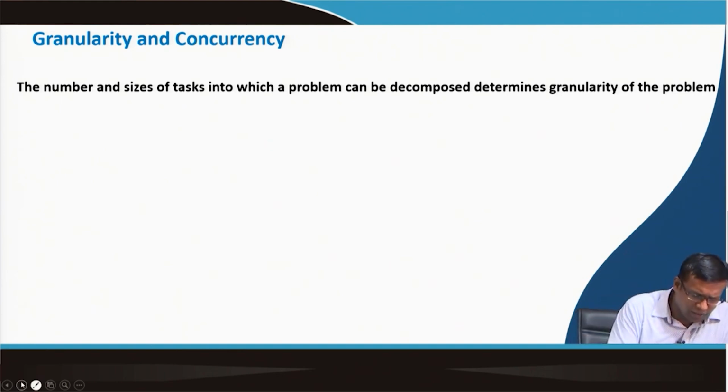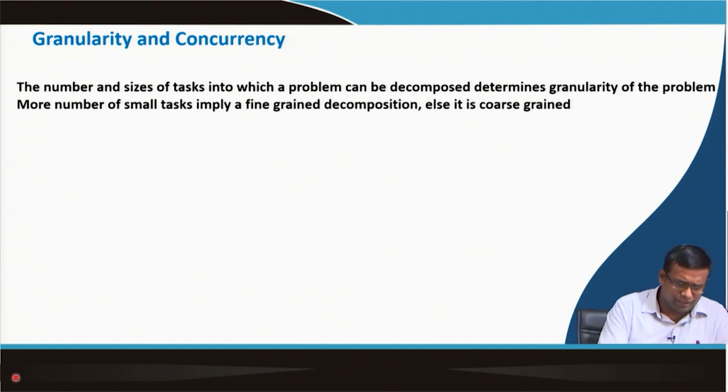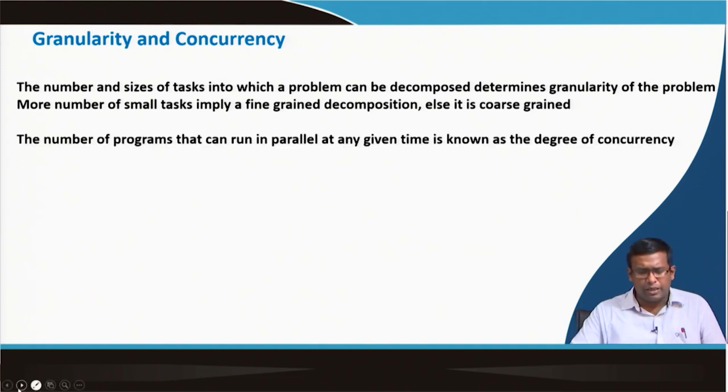So, one idea is granularity. More number of fine tasks imply a fine grained decomposition, else it is a coarse grained decomposition. In some of the cases, say you are trying to find out something over a query and you cannot decompose it into many small works, it has to be a large piece of work, it is coarse grained work. So, if it is fine grained, if you can find many small units of task, it will be better for parallelization. The number of tasks that can run in parallel at any given time is known as the degree of